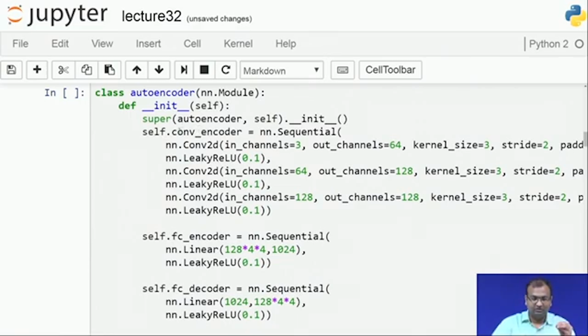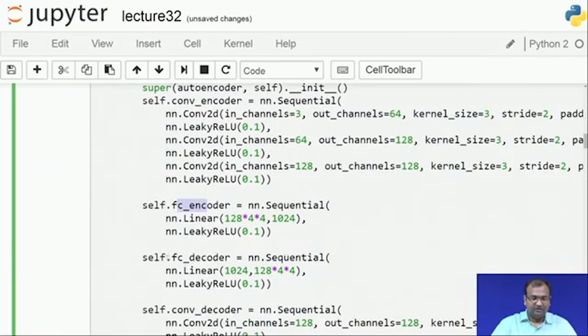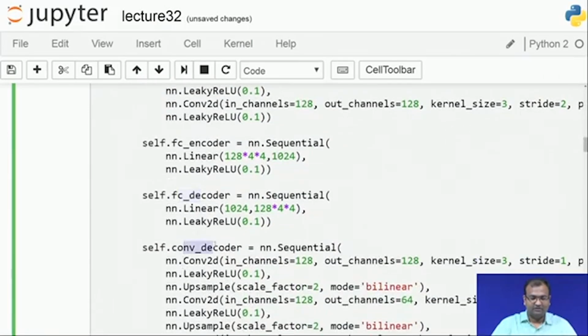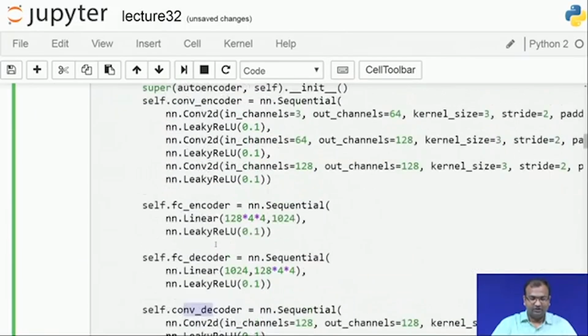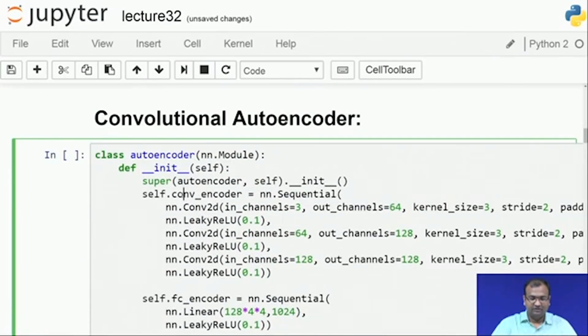One is called a convolutional encoder. The next part is a fully connected part of the encoder which succeeds the convolutional operations within an encoder. Following that, I have a fully connected part of the decoder, and then I have a convolutional part of the decoder as well. So, let us go down how it is defined now. So, on my convolutional part of the encoder,